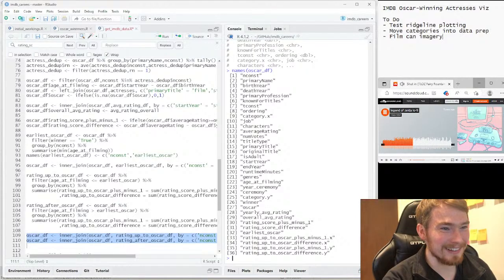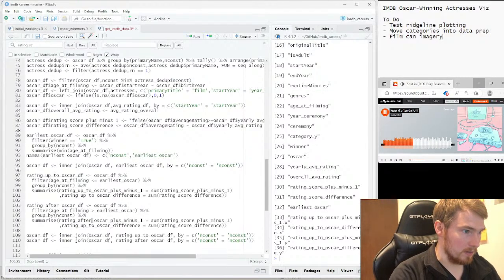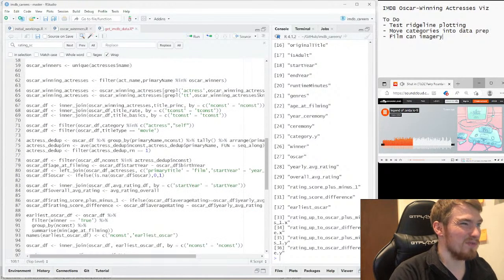Damn it, I should have renamed those. Oh, okay. Rating after Oscar. Rating after Oscar. Cool. And well, the nice thing is I can just rerun the code.